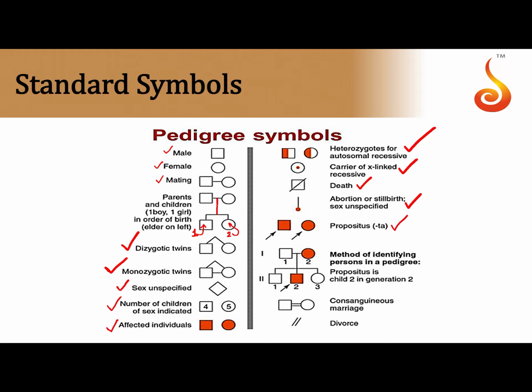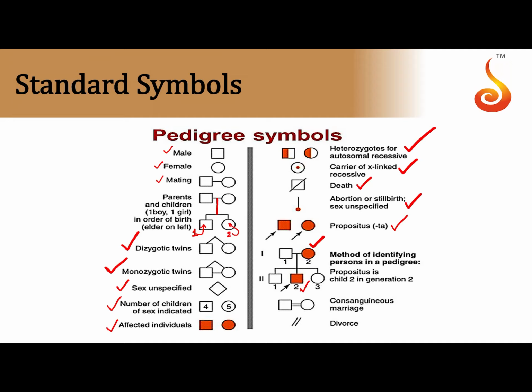And also identifying an individual who is affected: if you consider a pedigree chart as shown over here, you are considering the second child. The affected person here is passing on the affected or defective gene onto the son who was born in the second position in the second generation here.